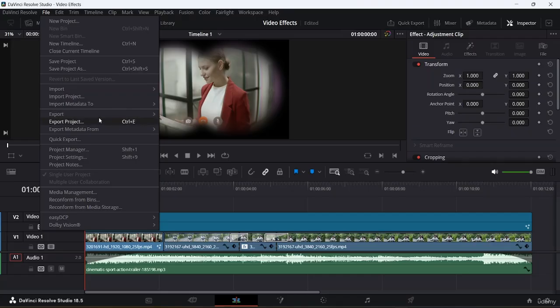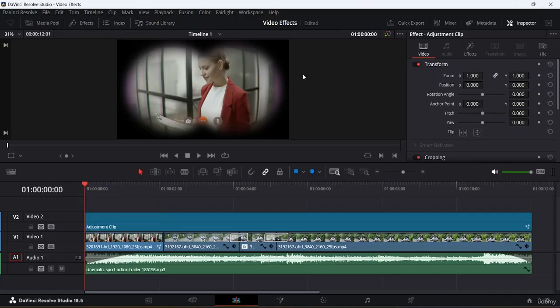If you do want to save the working file, you need to go to Export and select what you want to export. Do you want to export the timeline, or do you want to export the whole project? You guys can come here and export the whole project to save this for later management. Okay, so this was about saving, and now let's go to this Deliver page, which is there at last,